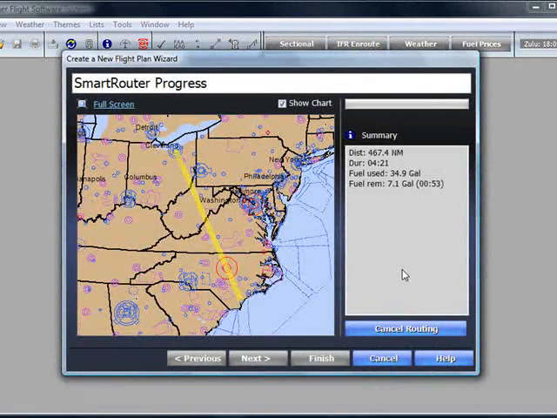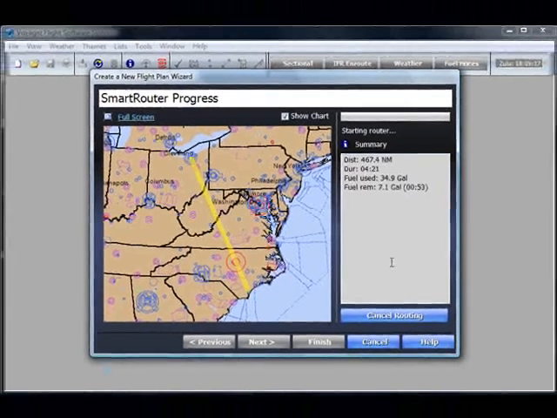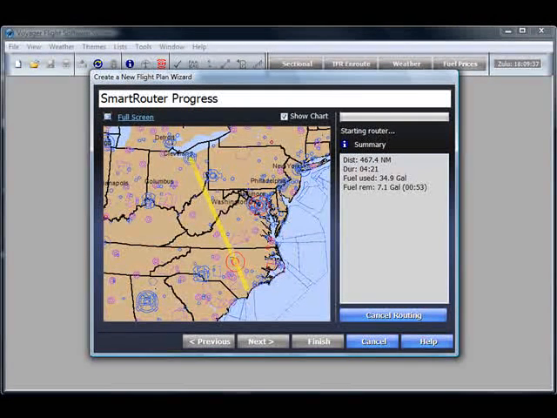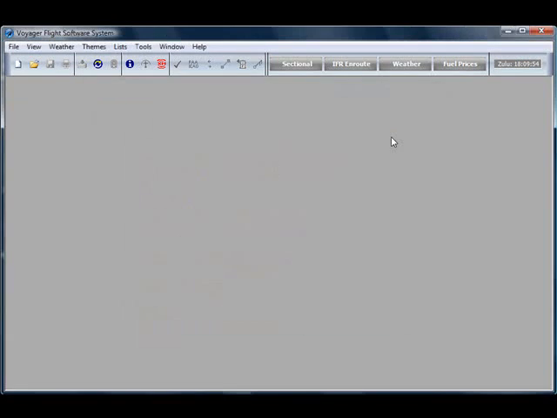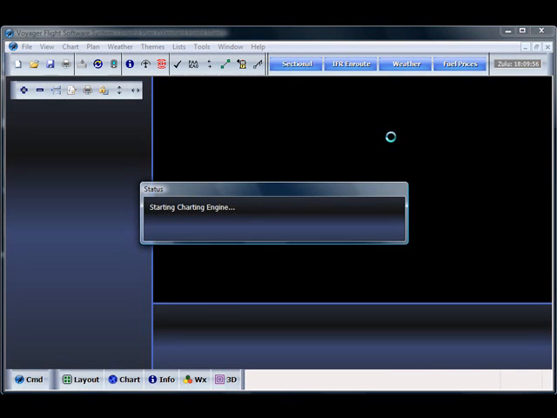At this point, Voyager is showing a quick map. Now a couple of things to point out. It looks like there's a big TFR right in the middle of our route. Notice Voyager's smart router avoids that. I also told it to avoid most MOAs, so it's working its way around the MOAs and finding my route. It locks on now. It says it's adding fuel based on price and optimizing for weather. So the chart comes up now,